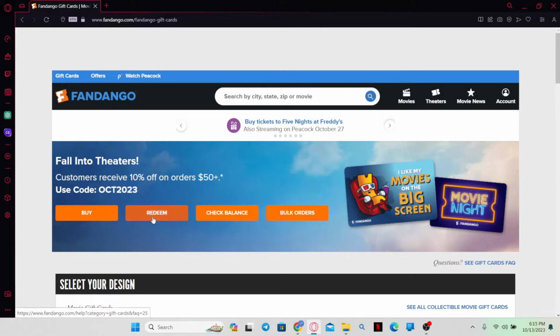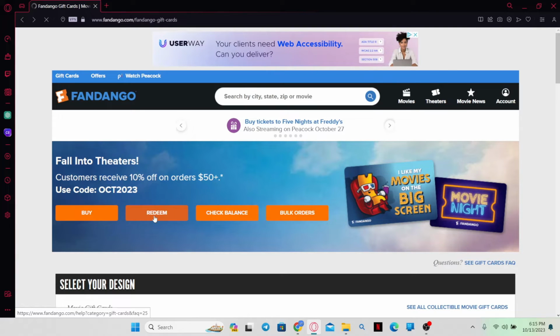details. Simply click on the redeem button and from there you can proceed with entering your gift card details, and after you do so you will find the activate button which you can click on to activate your gift card with Fandango. Once your gift card has been activated, you can check your balance by clicking on the check balance